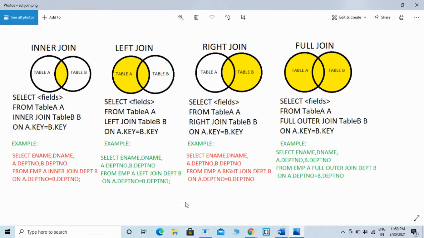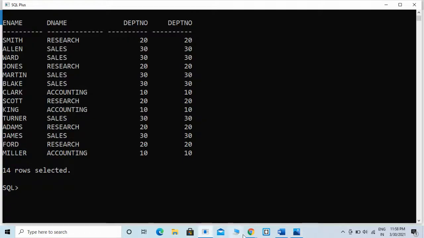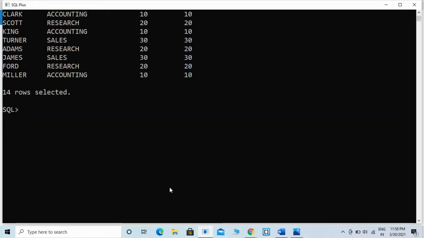Here is the example query for left join. Now we are going to execute it in the SQL command prompt. Select name, a.department number, b.department number.